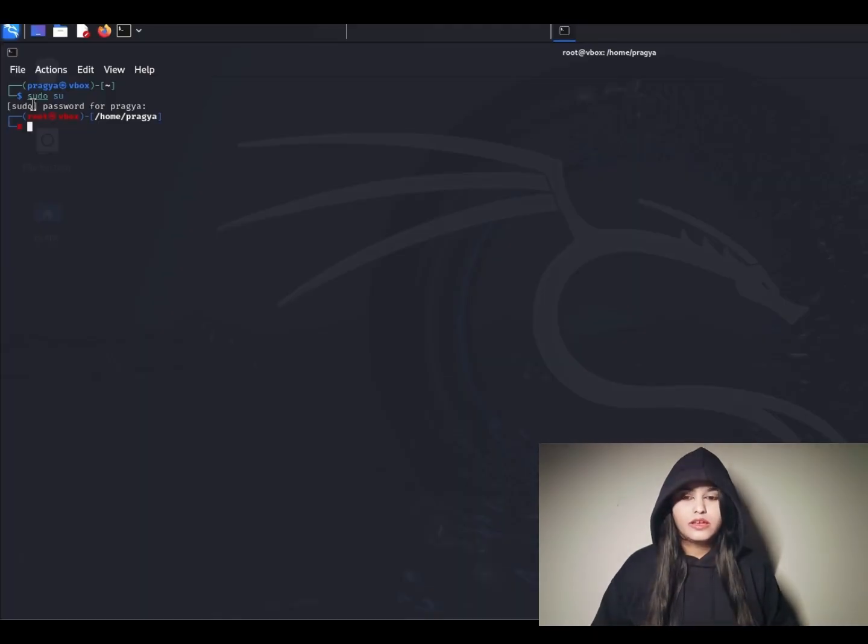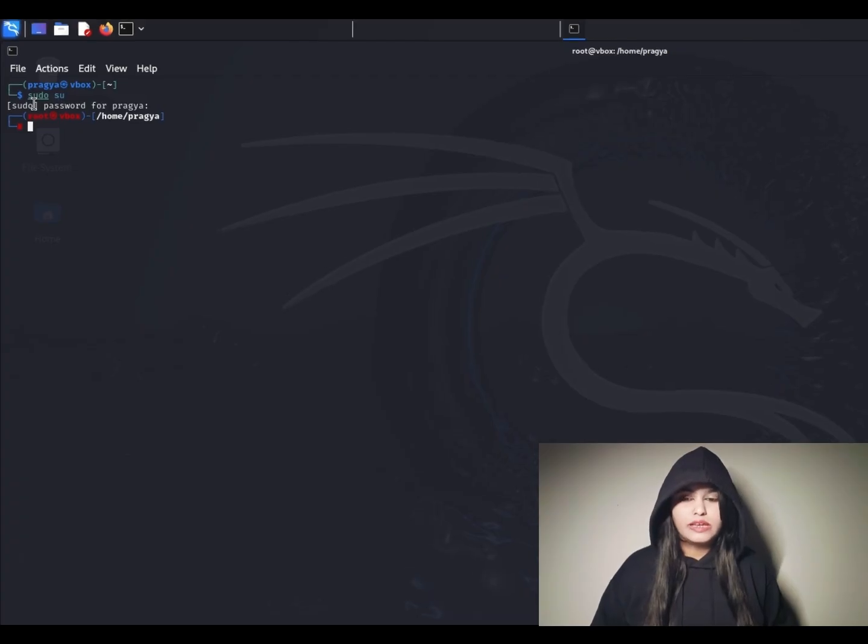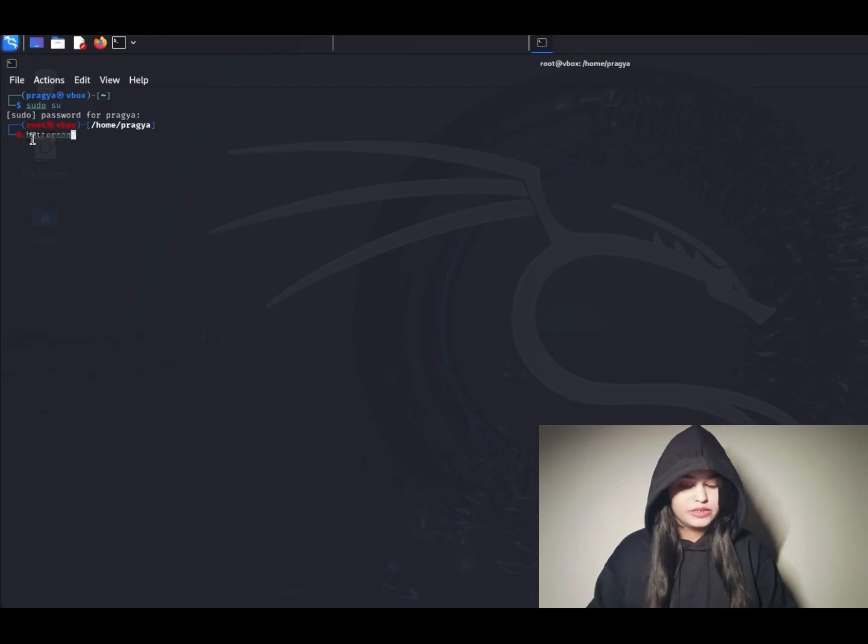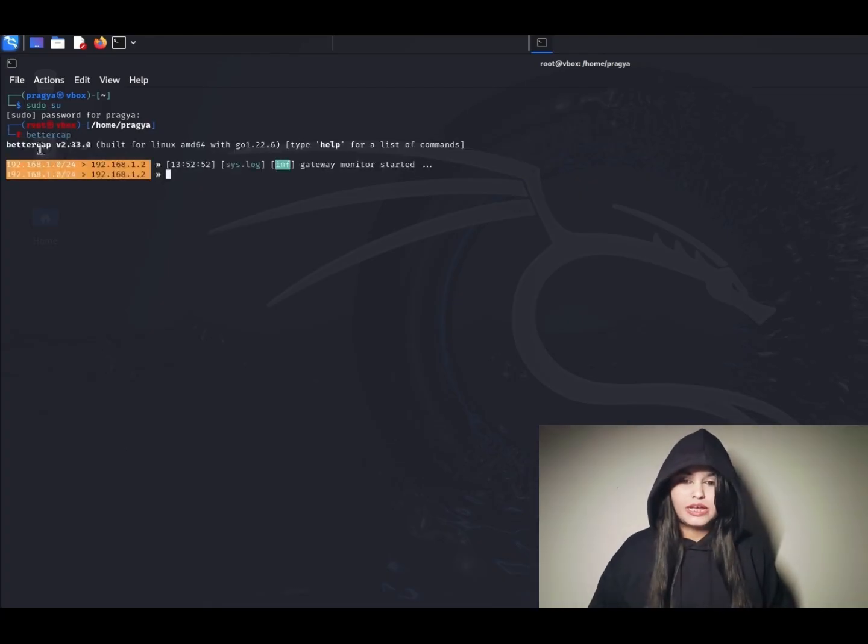So now, enough of the talking. Let's get right into business on my Kali Linux machine. Now the next thing that you're seeing is my Kali Linux window. And over here, the first thing that we'll be typing is the tool name, Bettercap. As you see, I have Bettercap version this, and it is built on Linux. So the platform that Bettercap runs on is Linux. And we are inside the interface. This is the IP address of my Kali Linux. So we are within it.